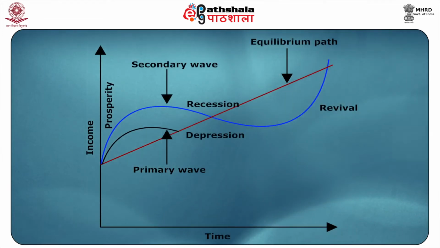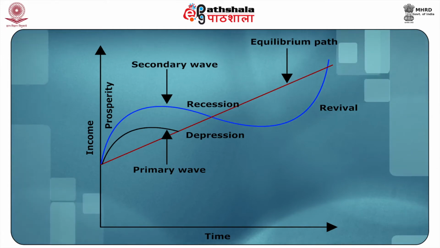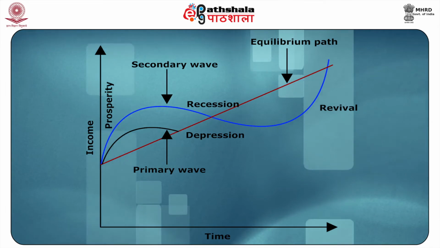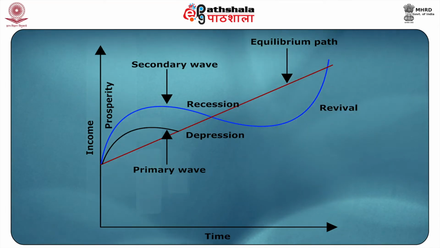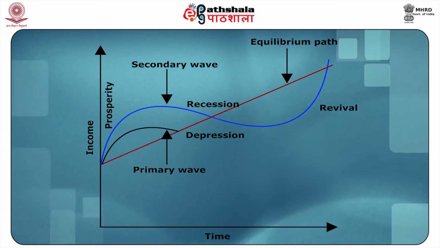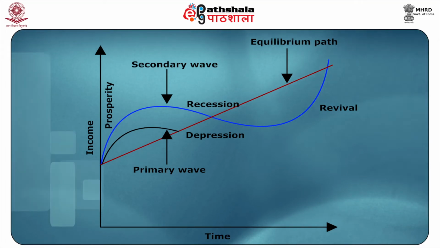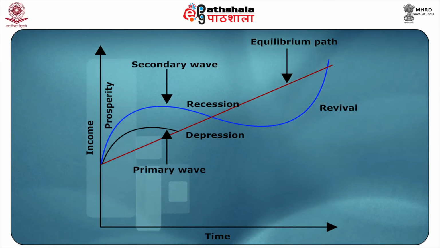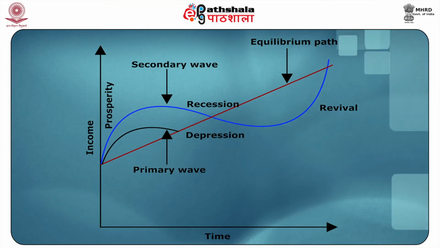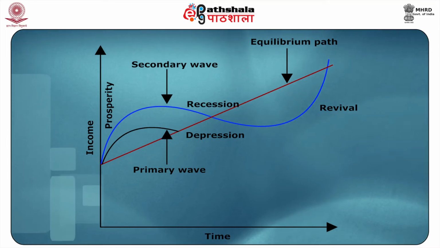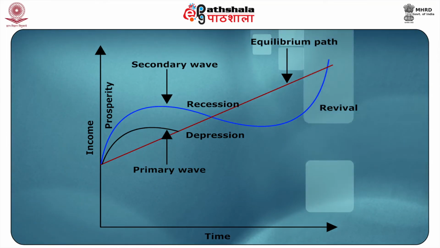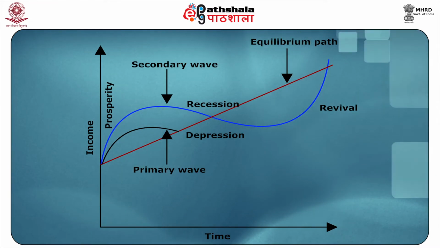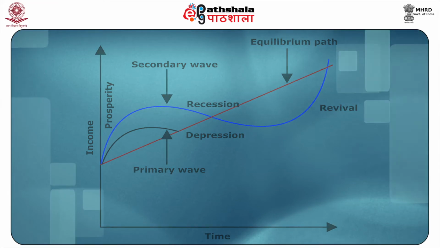Schumpeter's cyclical process of development is illustrated by the diagram given, as the secondary wave is superimposed on the primary wave of innovation. With over-optimism and speculation, development proceeds more rapidly in the prosperity phase. When recession starts, the cycle continues downward below the equilibrium level to the depression phase, and ultimately another innovation brings revival.